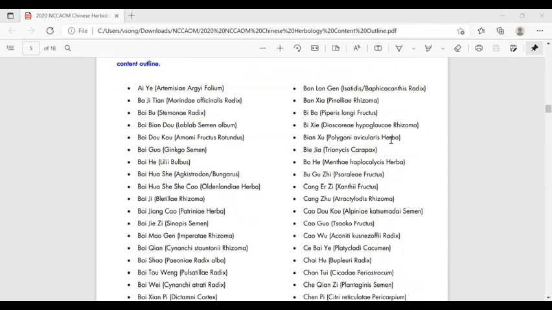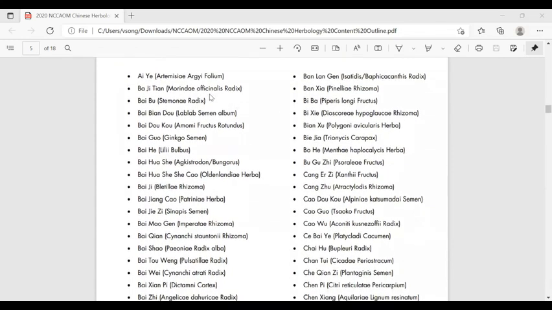On your exam, the herb names are going to be shown with the pinyin name and their Latin binomial name, like the one you see right now. It's the same with formulas. They would have a Chinese pinyin name with their English name. Okay. So the first one that